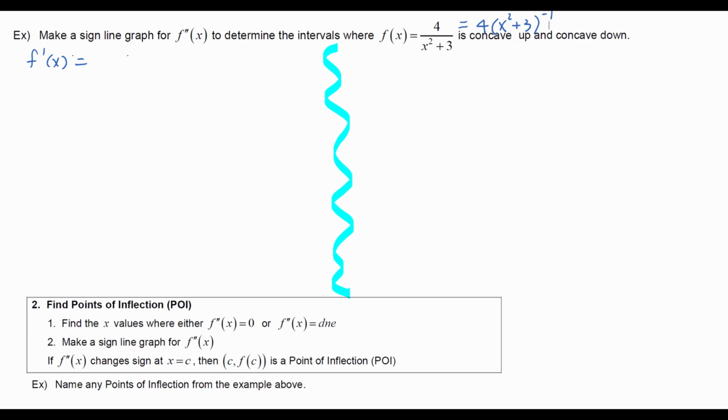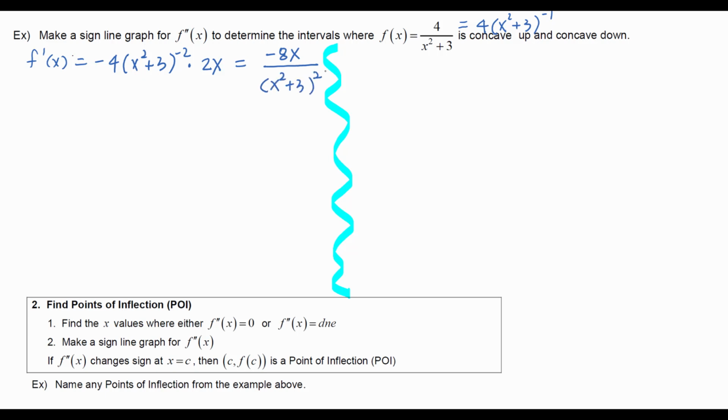So then f prime of x equals negative 4 times x squared plus 3 to the, I lose 1 power, I get negative second power, times the chain rule. Now I multiply by the derivative of the inner function, which is 2x. Then the numerator will be anything that does not have a negative exponent. So I will multiply negative 4 and 2x. I get negative 8x. Send the negative exponent to the denominator, and you will have x squared plus 3 to the